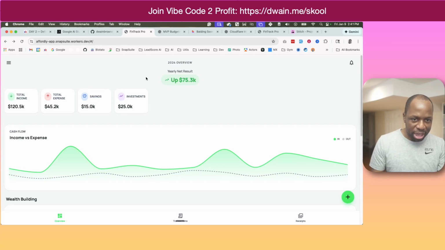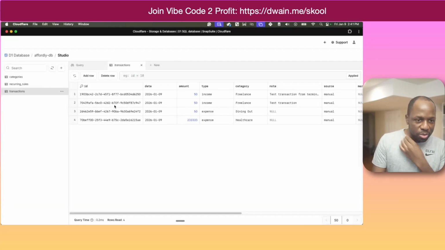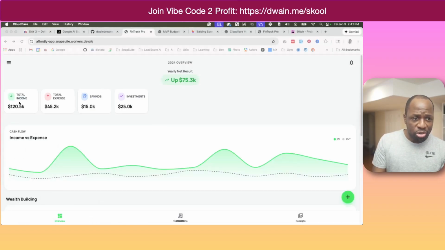That means our app is actually saving data, and we're actually seeing the data in our Cloudflare D1 database. So that's good also. So now what we're just making sure is that whenever we update this, all this stuff